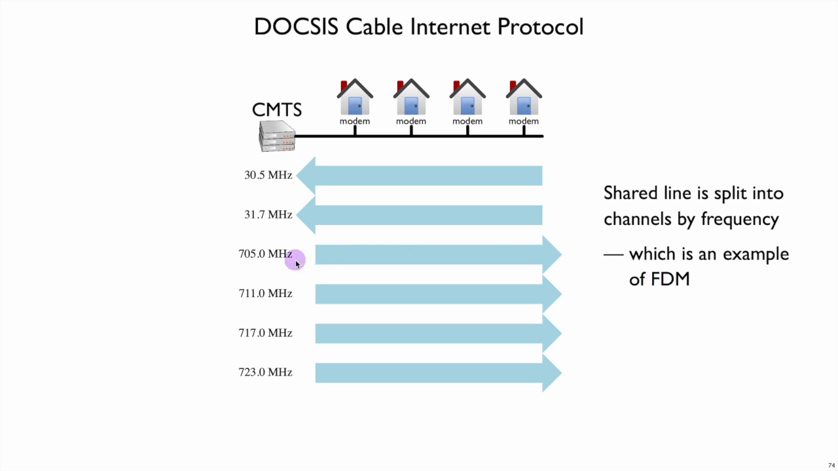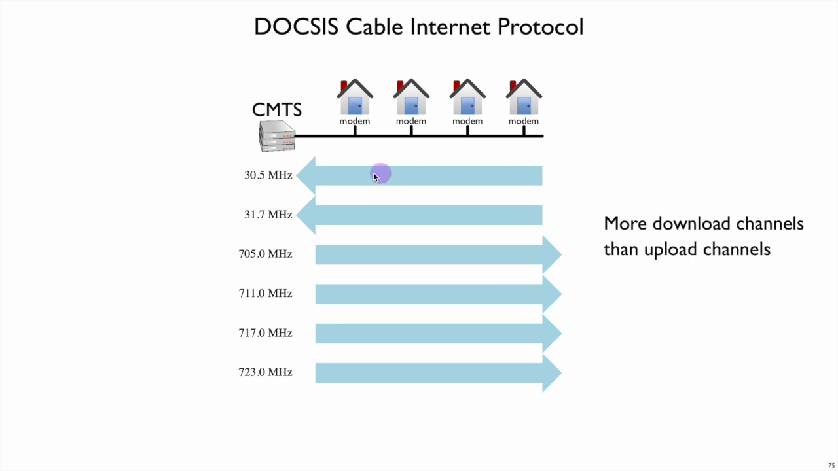In the original US cable modem spec, these channels were 6 megahertz apart. It turns out at something like 705 megahertz, 711 megahertz, and so on. At least for the download channels, that is the channels going from CMTS to the modems in houses, and some of the channels, like in the 30 megahertz range, are for upload. So these different channels are allocated, some for download, some for upload, and more of them are allocated for download